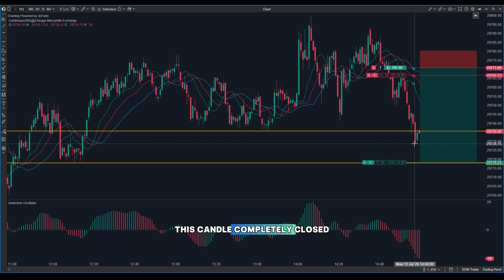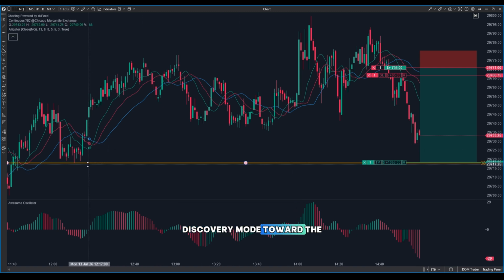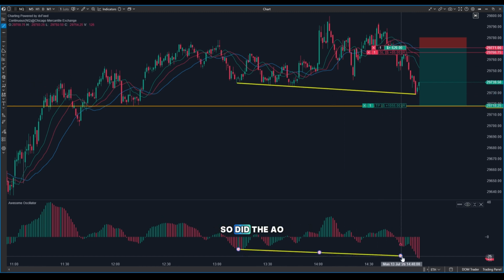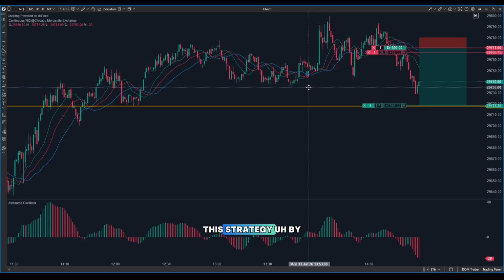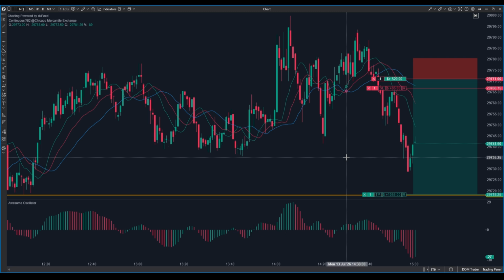This candle completely closed below 29,735. I can remove that. This support area is no longer valid. It's invalidated. Now we are in discovery mode toward the next liquidity zone. AO is completely healthy. Price made a new low. So did the AO. This is Bill Williams' strategy. This strategy by Bill Williams was designed to trade stocks, but we can use it on any currency pairs,